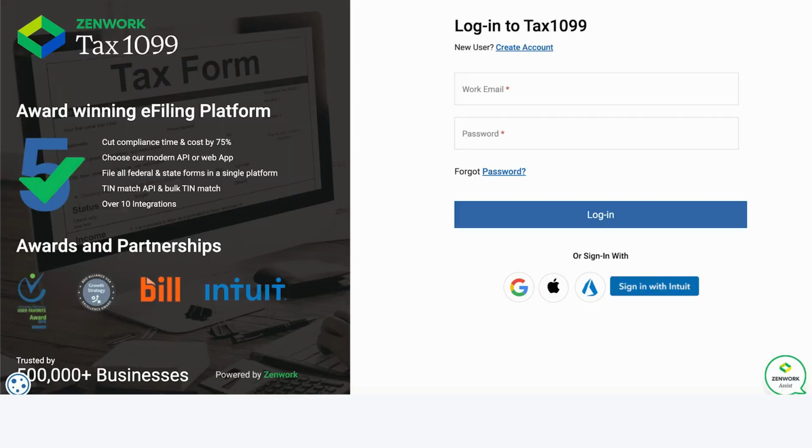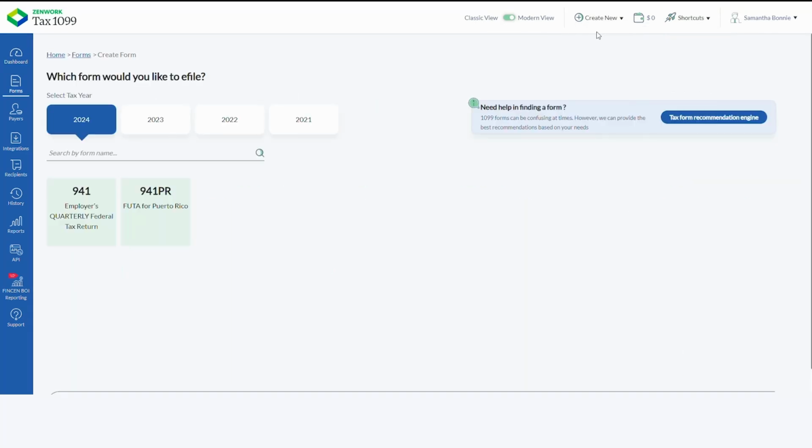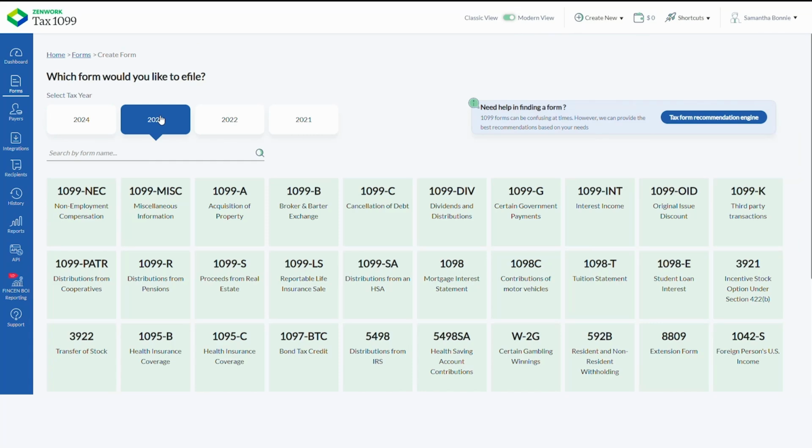Into your account. If you're new, signing up is quick and painless. Once you're in, this is how the dashboard looks. In the next step, enter the tax year and select